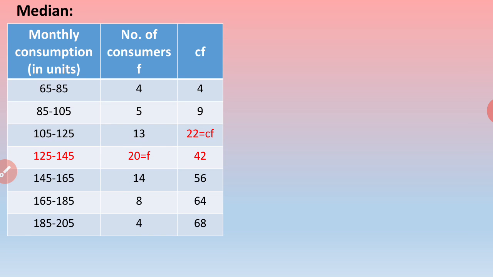So let's start with the new topic, that is median. Here we have been given the first column and the second column, which are now written column wise, that is vertically. Here the third column is finding out CF, that is cumulative frequency. Here we have found the cumulative frequency of lower than type, less than type. So we started adding from the top and we generated the third column. Once this is done, we find out n. N is 68. So n by 2 will be 34.